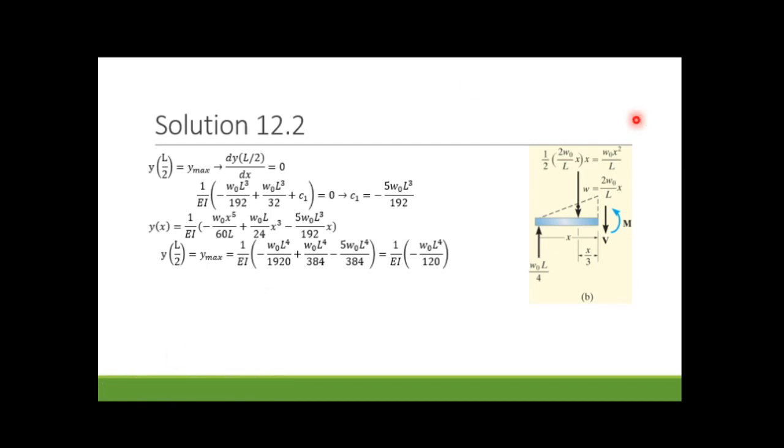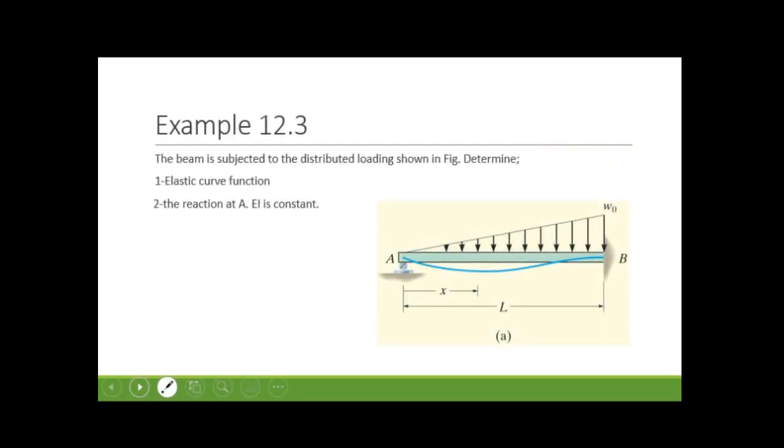Okay, now I want to pass to the third question. You can see the beam is subjected to a distributed load. Again, the load function is a continuous function. We can find the elastic curve function, and also the vertical reaction at A. Also, EI is constant. So you can think you can easily find it, but if you look in detail,